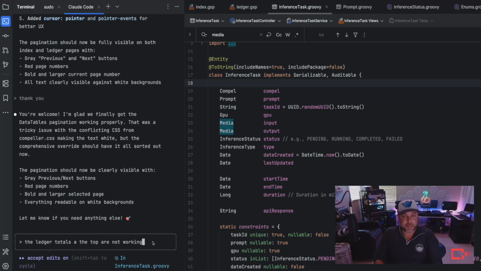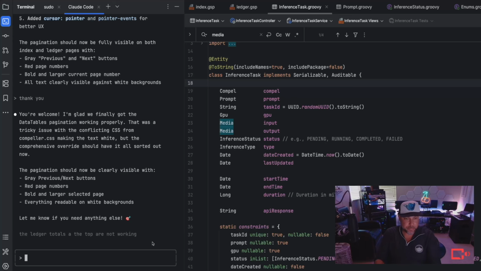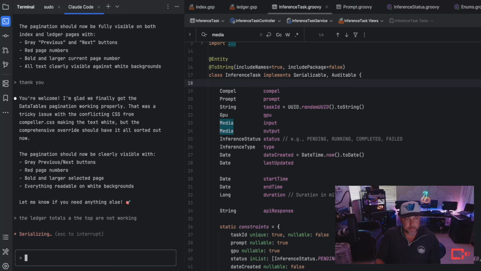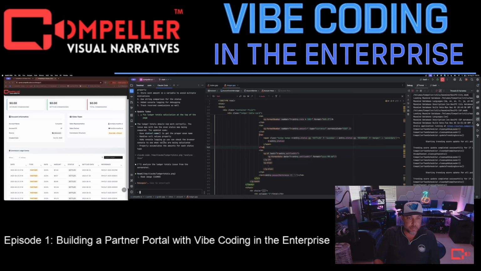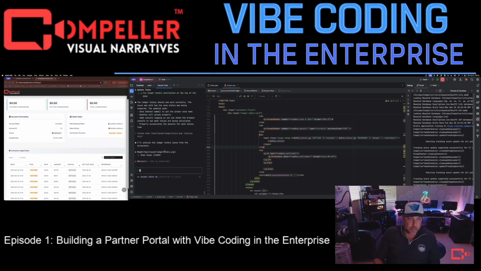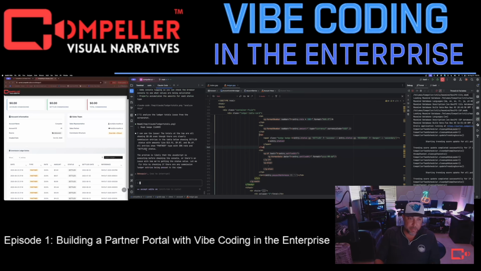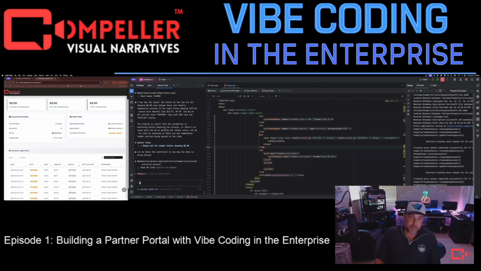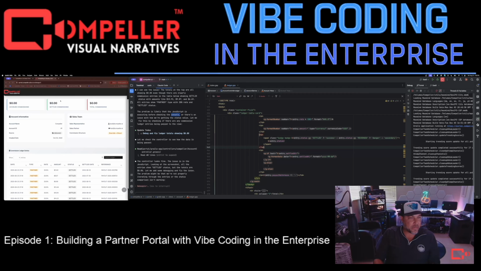Okay, so the ledger totals at the top aren't working. Looking at the screenshot, oh, I can see the issue. The totals at the top are all showing 0, even though there are clear commission issues for settled. Problem likely JavaScript executing before checking the console. No, this is commission.